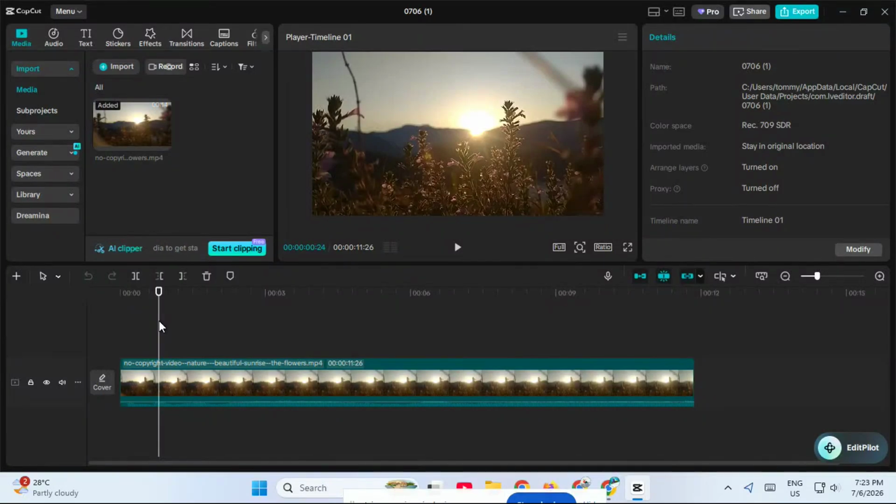If you've ever wanted to make your text two-lined in CapCut, you're in the right place. In this quick tutorial, I'm going to show you exactly how to create a two-line text layout in CapCut on your PC so your captions, titles, or on-screen text look cleaner, more organized, and easier to read. This is super useful for short-form videos, tutorials, edits, and any project where you want your text to stand out